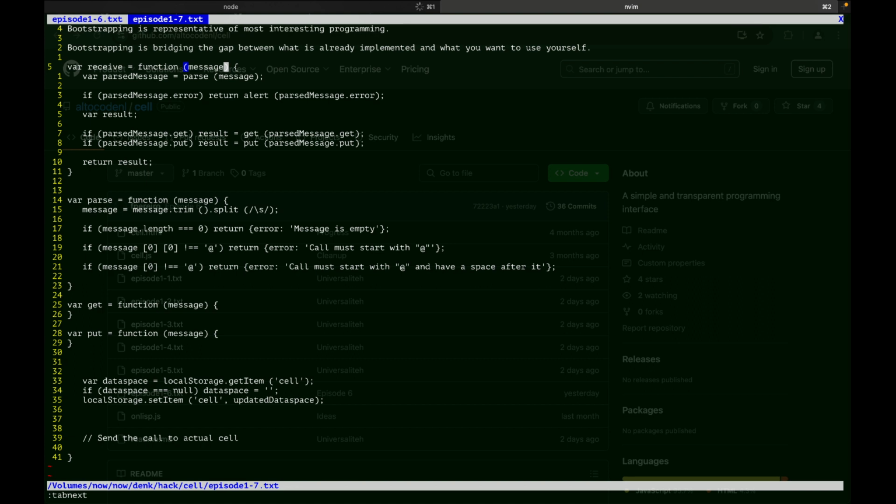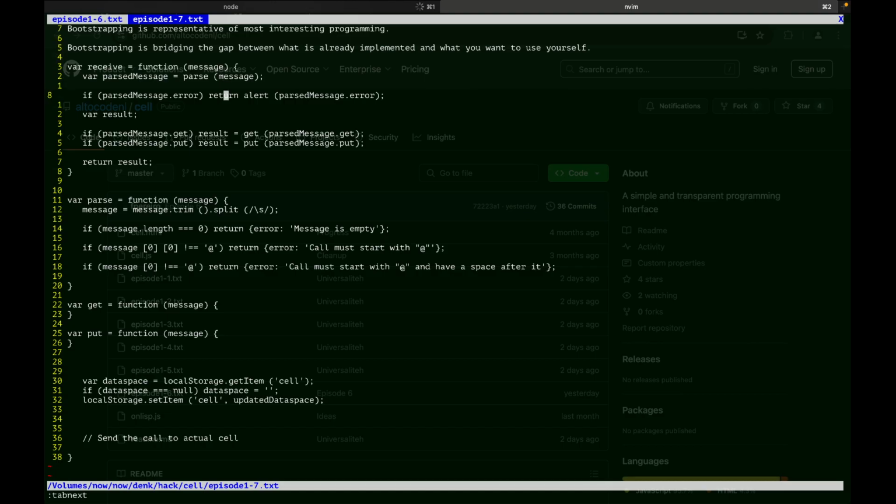Then we take that message that goes in the call, parse it, and if it's a valid message, we execute the logic prescribed by that message, which is going to be either a get or a put, and do it against some state that belongs to Cell, which is stored in the local storage of the browser. So that's really what we're doing. Text here, text there, and let's see if we get somewhere. So we have this already.